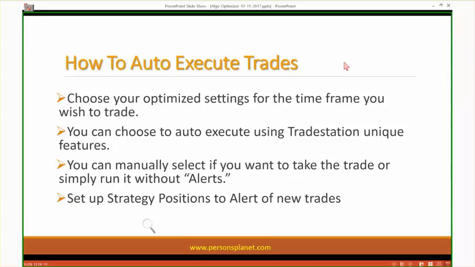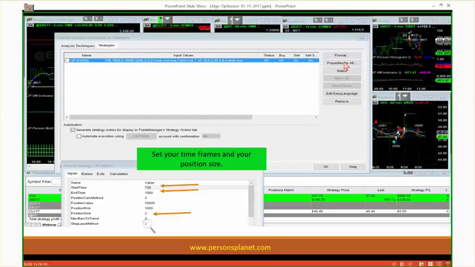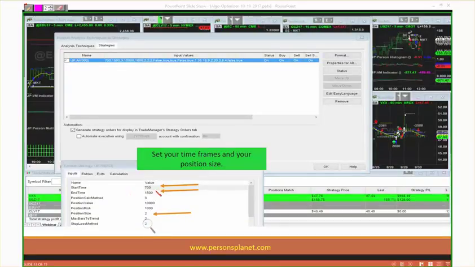And this is one of the things that I think is very important for traders to realize: instead of just buying a black box system, I get to choose when I'm trading and what time frames I like to trade. So all of a sudden you notice that the market, the euro currency or the futures or crude oil, has been trending from 2 in the morning to 5 in the morning. You know what, I would like to have the system run from 2 in the morning to 5 in the morning, and if we generate a sell signal, take the trade for me, auto execute that.